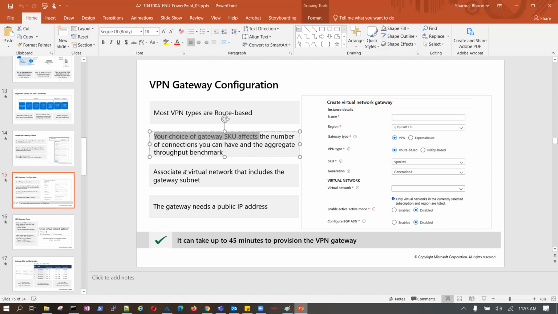Okay, associate a virtual network that includes the gateway subnet. Okay, this virtual network, I associated with my VNet while I created it, and the gateway needs a public IP. I created a public IP, gateway public IP.